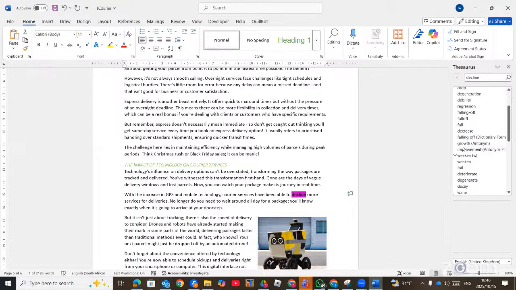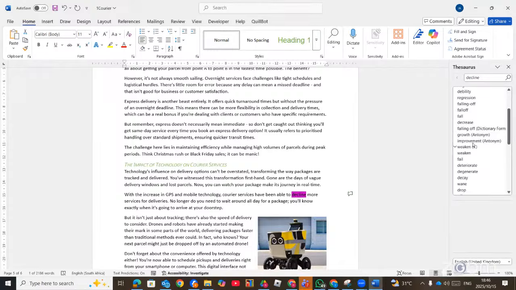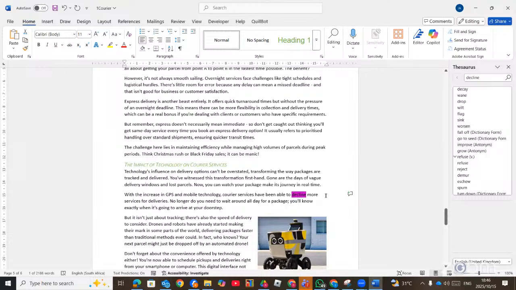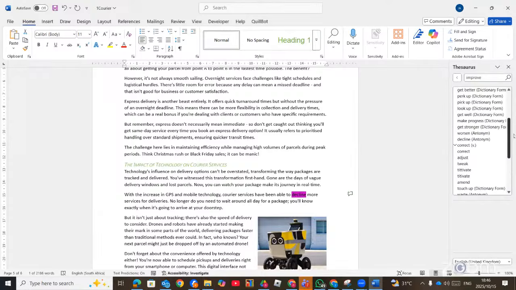There's an antonym here, growth or improvement. They even have verb and others. So here's antonym, so you must choose. So here should be decline, which is improve. So antonym can be improve. Then you click on it to replace it. So when you choose improve, then we can now accept it. We can now accept that improve